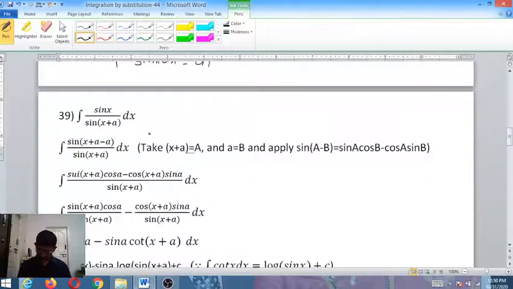Now look at this problem. Somewhat tricky problem here. Sin of x plus a, it is only sin x in the numerator. If it is sin of x minus a, then also sin x will be there. You write this numerator sin x as sin of what is in the denominator here, x plus a. To cancel this a, write minus a. Plus a minus a cancel, it is only sin x. You write it as sin of x plus a and minus a. You can cancel these two. You will get the same sin x. Now look at it. Here you take this x plus a as capital A and this a as capital B.